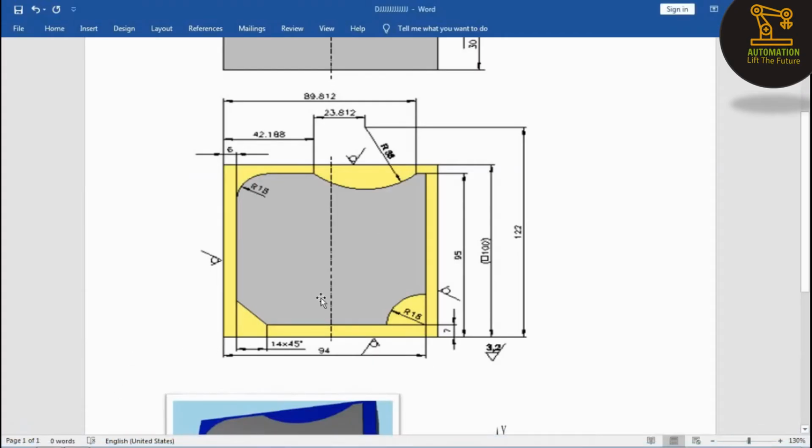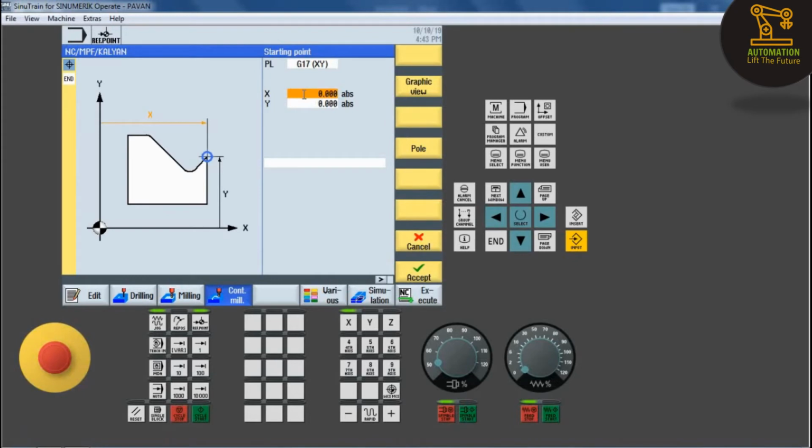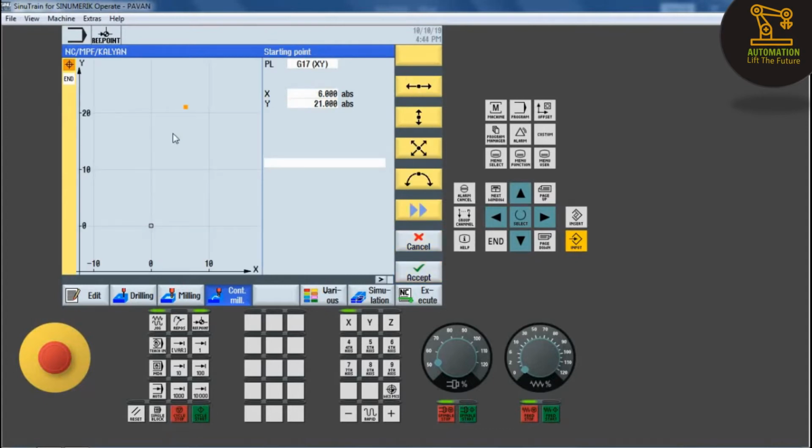So in the X direction there is 6, and in the Y direction we have 14 plus 7, 21. X is 6 and Y is 21, 14 plus 7.